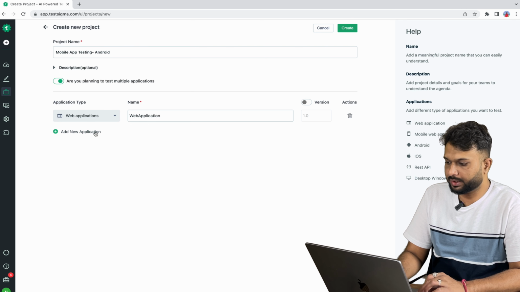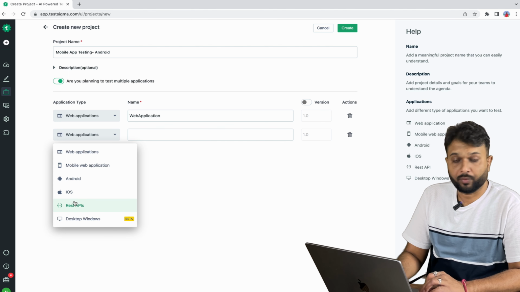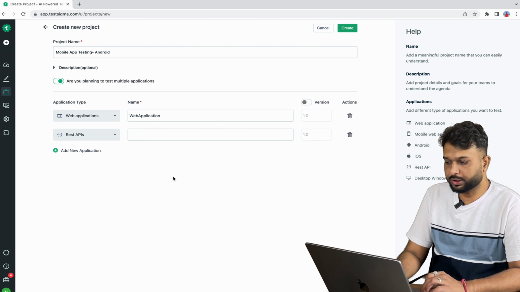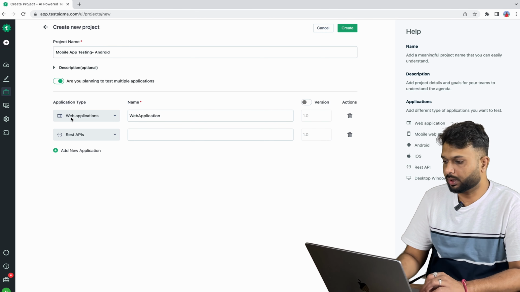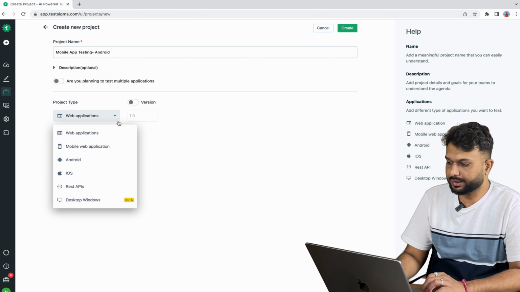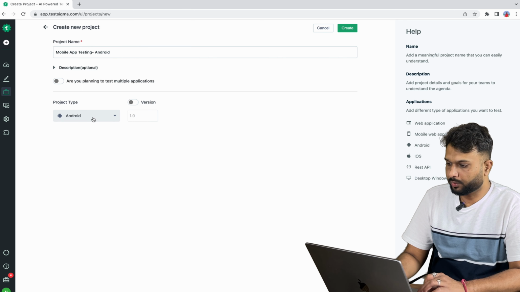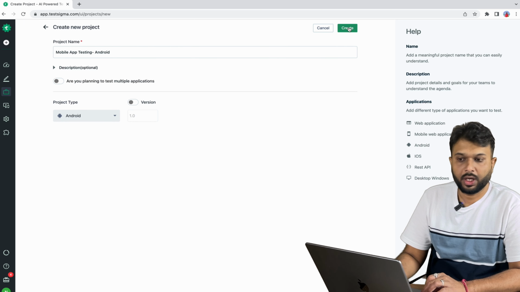Let's say I have a web application and I want to automate APIs as well. There is an option to select two at the same time and combine the project, but here I have only one project, which is an Android application. So I am selecting Android, and I am going to create the project.